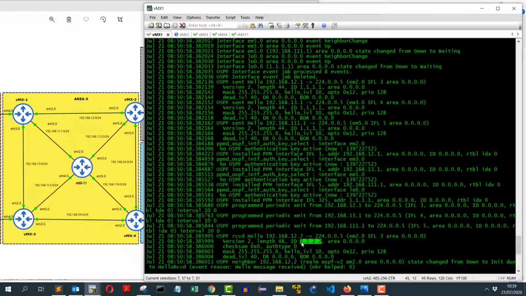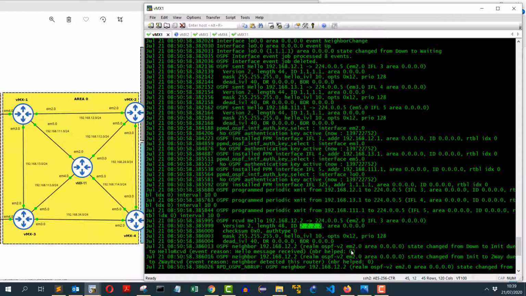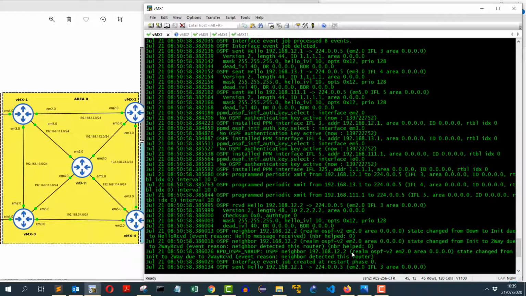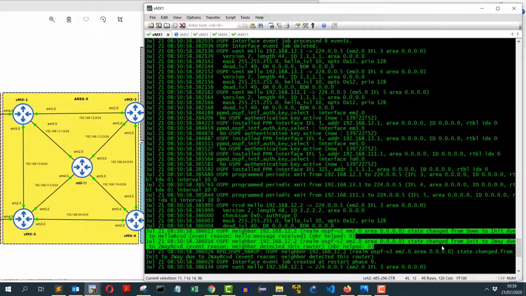That remote router has an ID of 2.2.2.2, which is the loopback of VMX2, and we received a hello interval of 10 and a dead interval of 40, so that is fine. We needed these two to match. And now notice we have started moving up on our neighbor states.